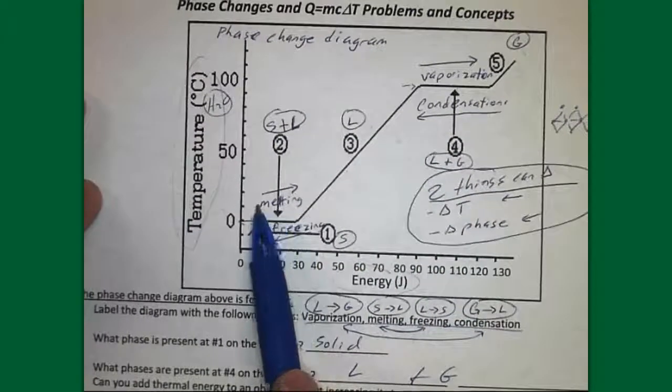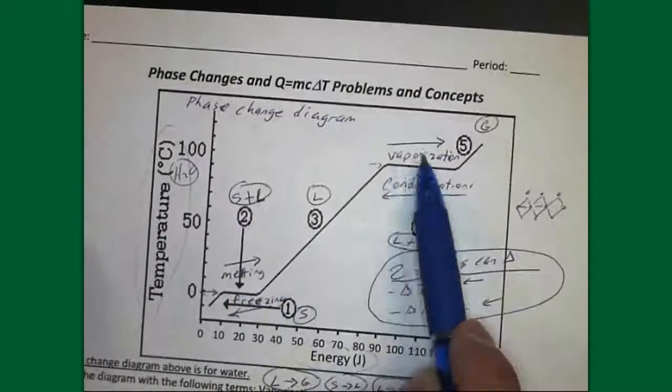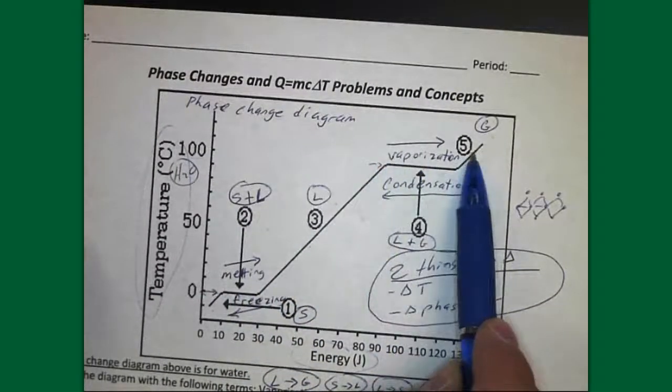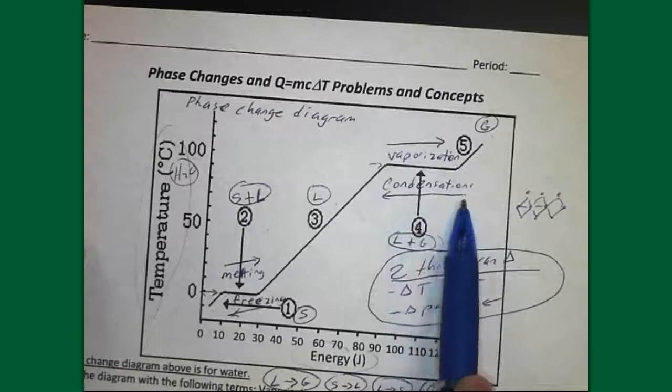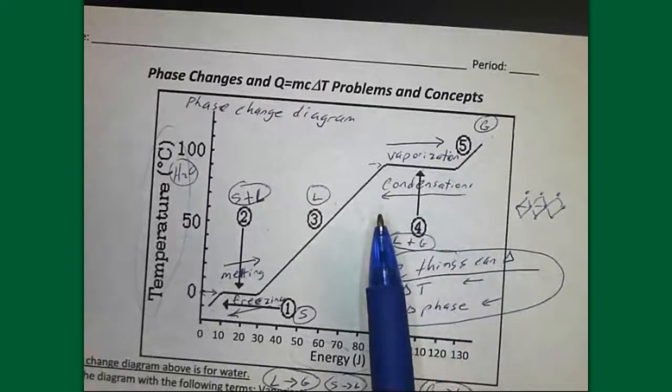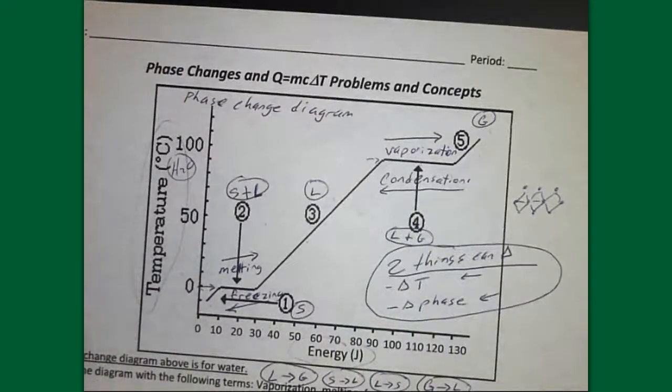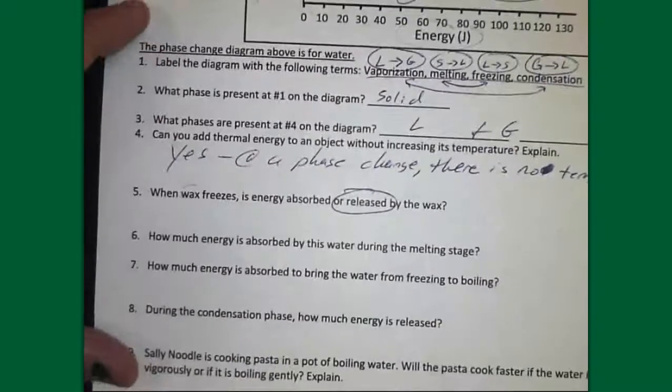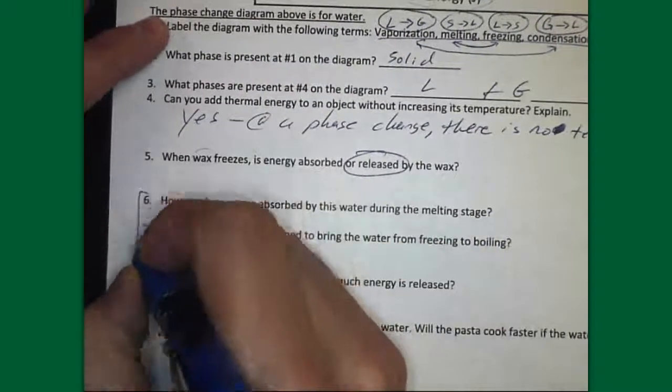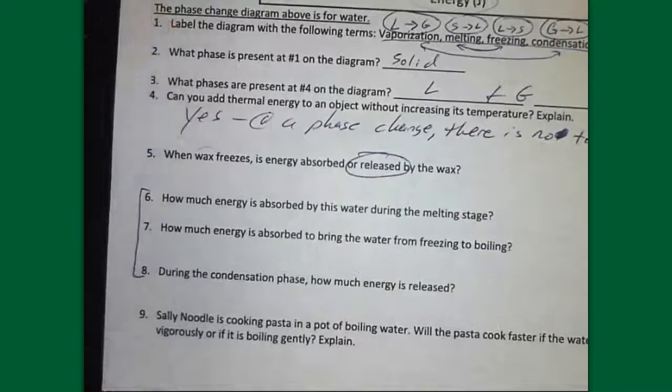That melting would be absorbing heat. Vaporization is also absorbing heat. It goes to the right, whereas condensation will lose heat. It'll release heat to go from gas to liquid. Okay, and you need to know that qualitatively, but also we need to know how to figure out exactly how